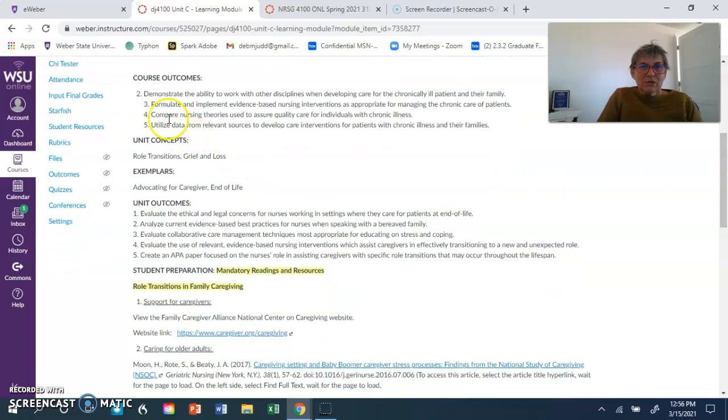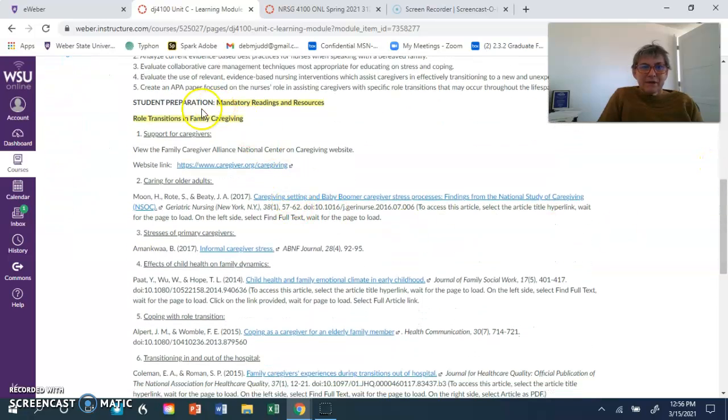So what we're going to do is to look at the ability to work with other disciplines when developing care for chronically ill patients. We want to formulate and implement evidence-based nursing interventions. And also we're going to look at nursing theories and how they might apply to our individual care that we provide for those with chronic illness. And then we'll also look at role transition here in family caregiving, and these are mandatory readings. I'd like you to make sure that you at least browse all of these because they will help you in